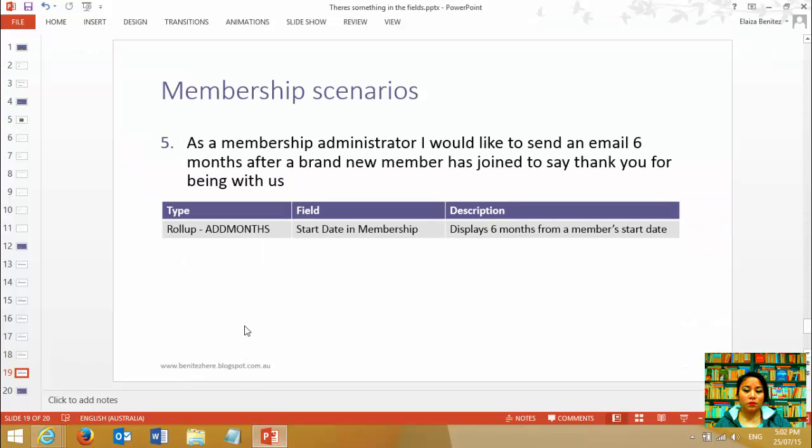Okay, and then the last membership scenario that I want to go through is: as a membership administrator, I would like to send an email 6 months after they have joined to say thanks for being with us. So a lot of membership organizations also want to be able to do some promotional activity around new members, and that's so that their newly joined members feel that they are welcomed and that they are being cared for